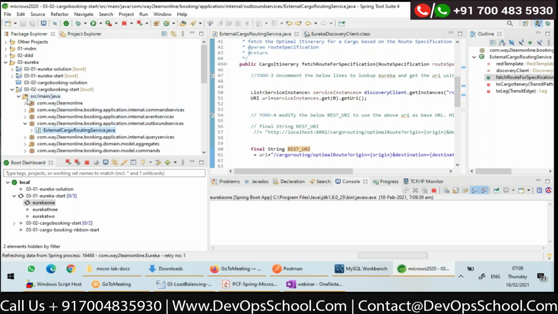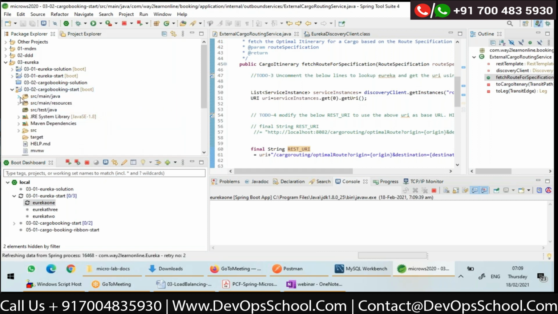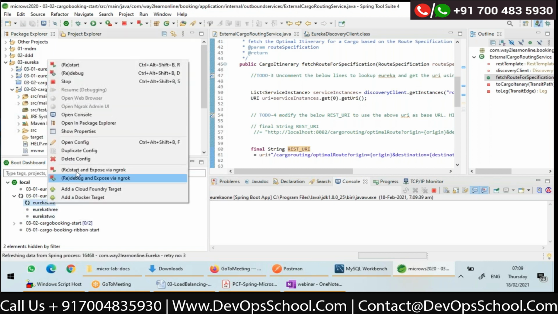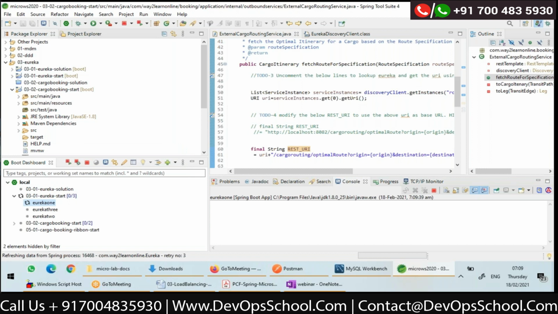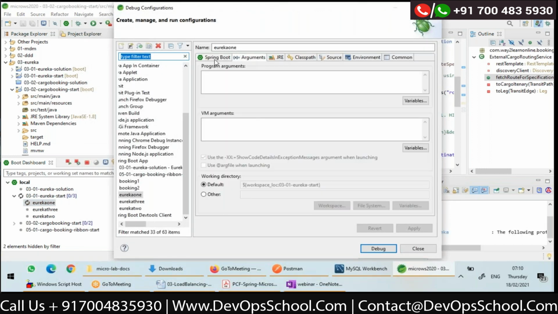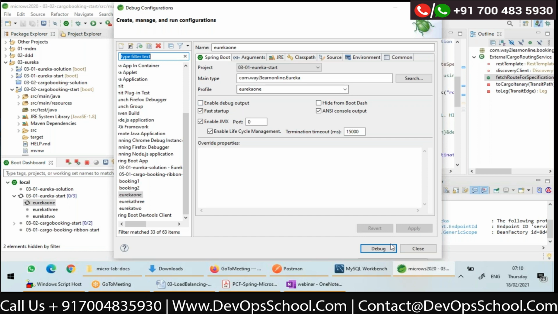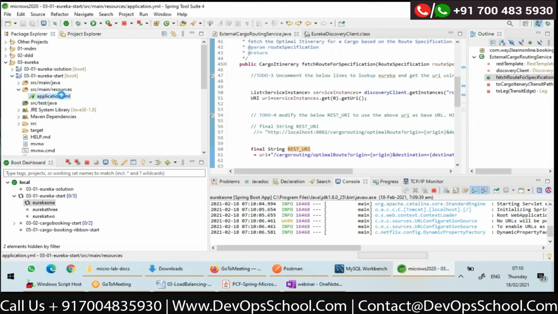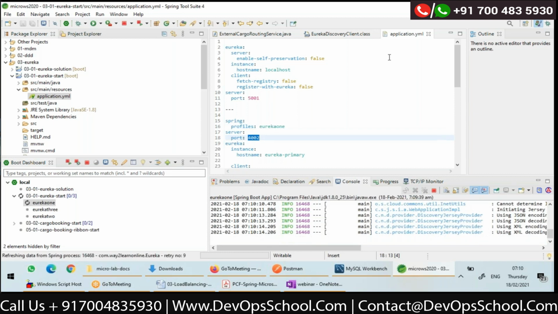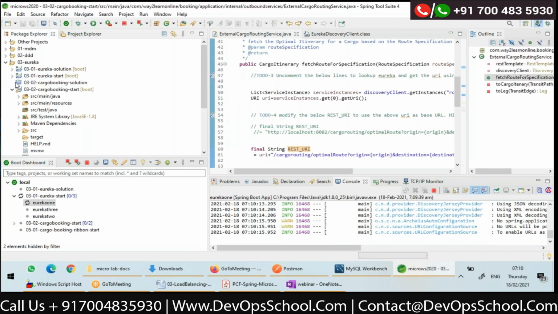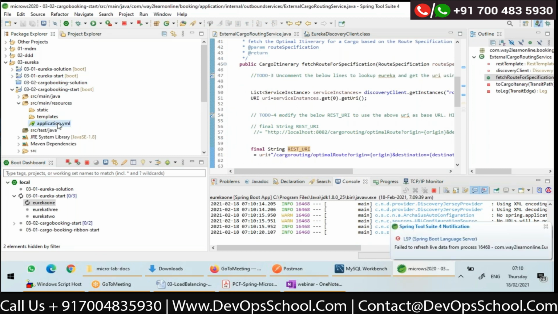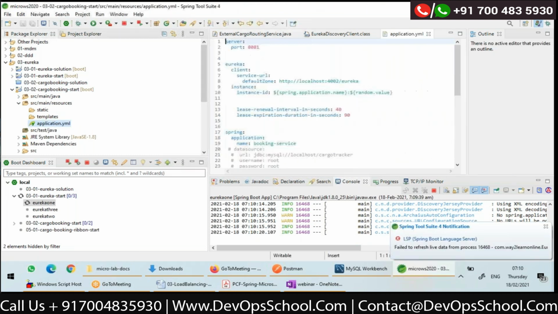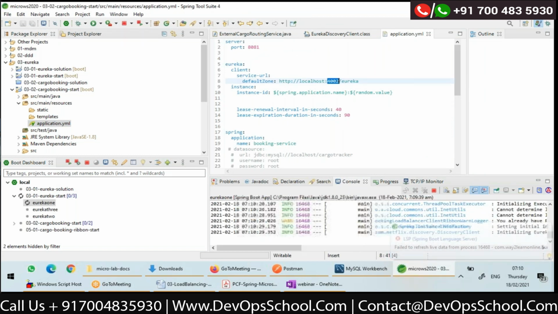Then this Eureka will be listening on a port. What port actually? Let me just right click and see open config. SDI configured. For Eureka 1, I didn't configure. Then here, let us see what is the port. Eureka 1 profile, it is 4002. So my booking application now should point to Eureka at 4002. Let me just do it. Yes, it is already there. It is pointing to Eureka at 4002.